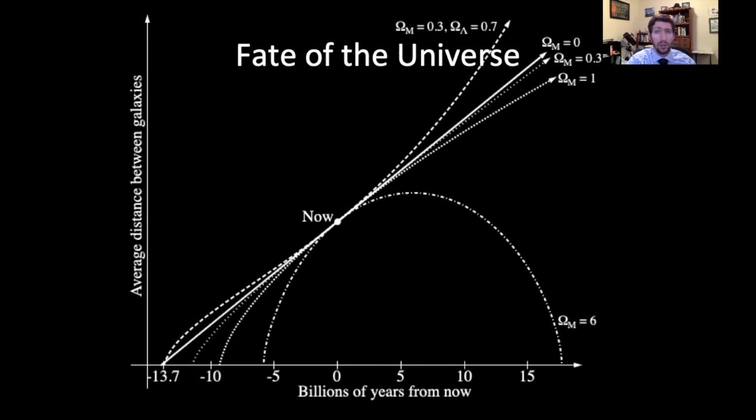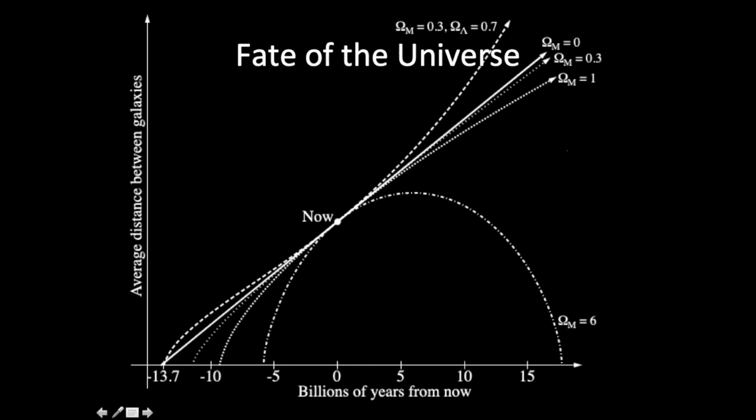The Big Crunch will occur if gravity overcomes the universe's expansion and will cause the universe to contract. An example of the Big Crunch would be shown in this curve that rises and then falls, like when you throw a ball up into the air and then it comes back down to Earth. And this specific curve was made in the plot with a density of matter 6 times the critical density. With exactly critical density of omega m equals 1, the universe would still expand outward forever.